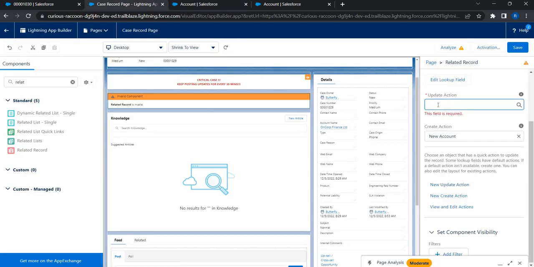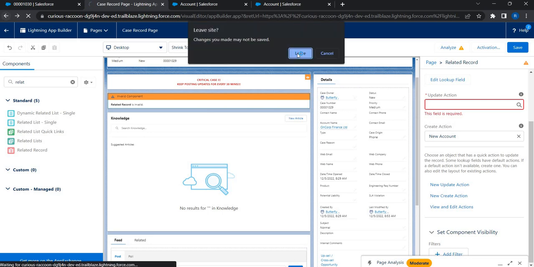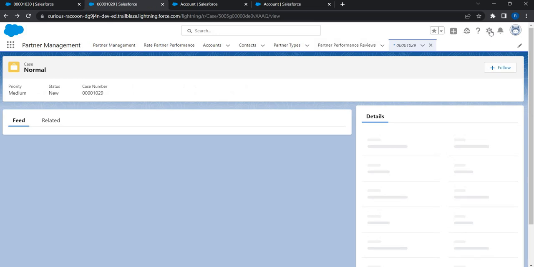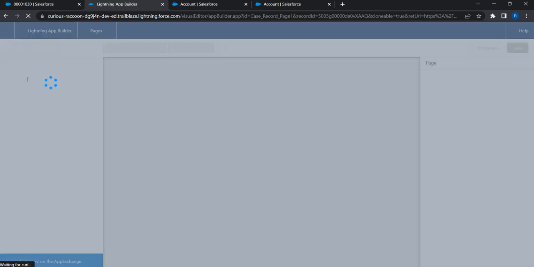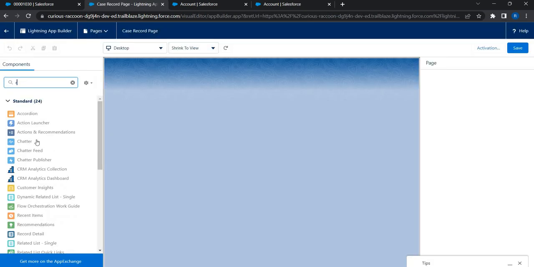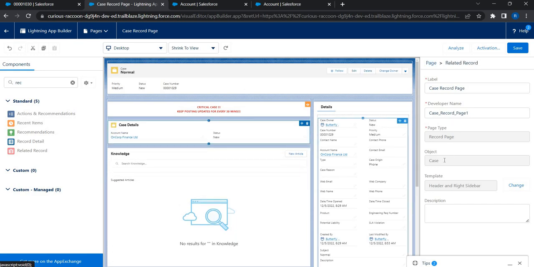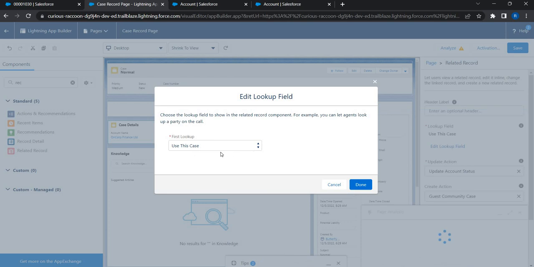Now if I search for account, of course it won't appear because I just created this one. So I'll have to go back and refresh this page. Let me again go to settings and click on edit page. Let's look for related record, drag and then drop. Good. And on the lookup, I'm going to choose account name,